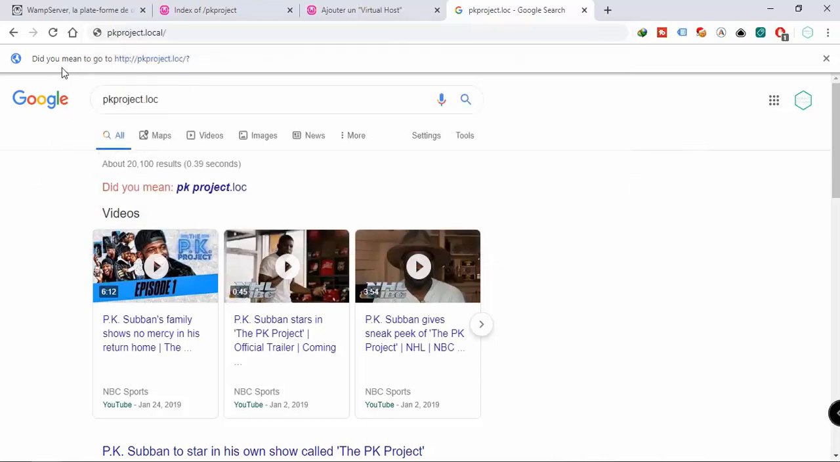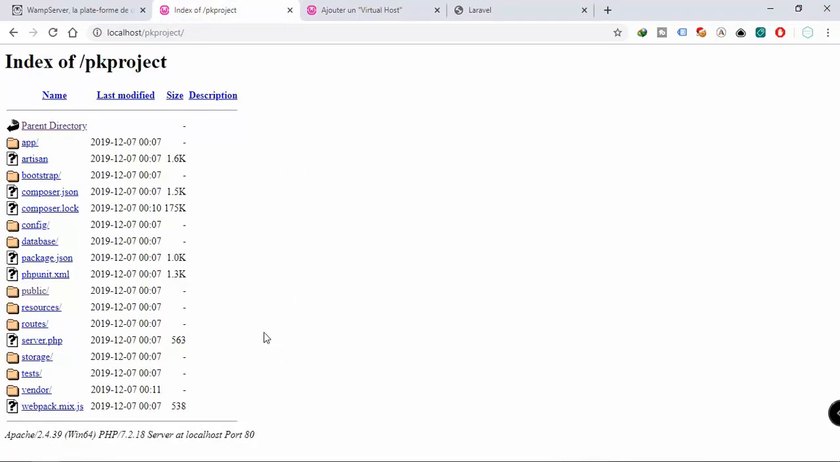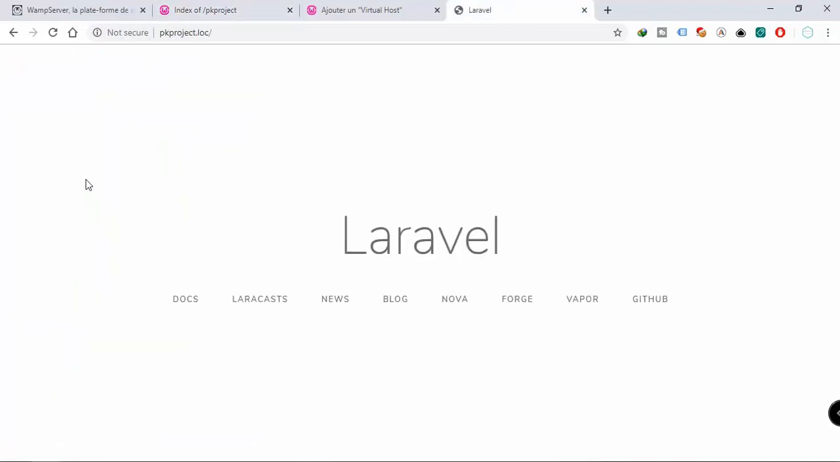So there's an option here: did you mean to go to pkproject.loc? Yes, of course. And there you go. You can see our project, pkproject.loc, redirected to the homepage of our project. And this is what we see. So instead of this ugly file structure of our project, we can see here the server of our project,